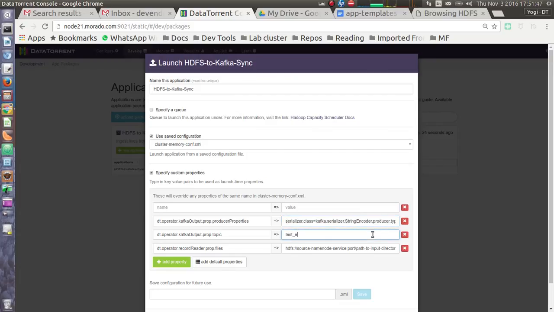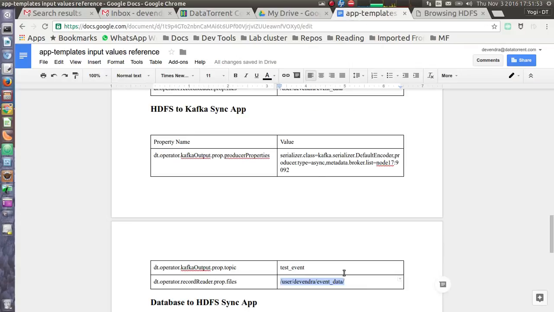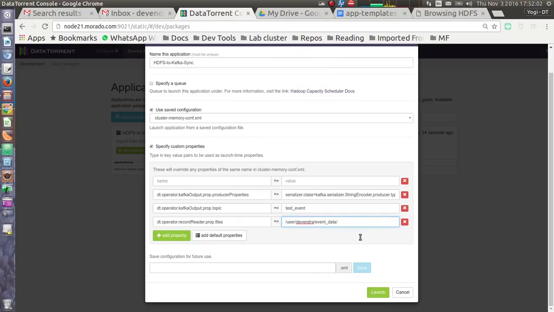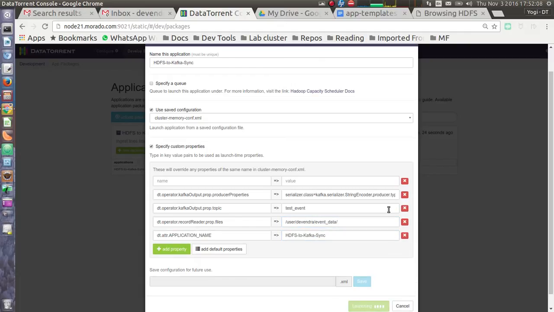My test topic is test event, and the source location for HDFS is something like user Devendra event data. Okay, so let's launch this application and see what happens.